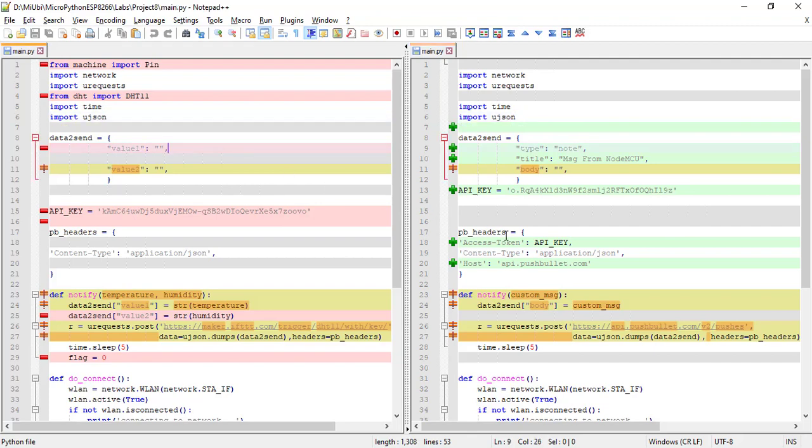So the previous lab has something called pushing data to the Pushbullet application using JSON data format. The only change here, if you observe, is that I have value 1 and value 2, because these are the data which are to be sent. This is the variable name which is used in our webhooks application. Here you had type, title, body. This we have learned from the Pushbullet API interface.